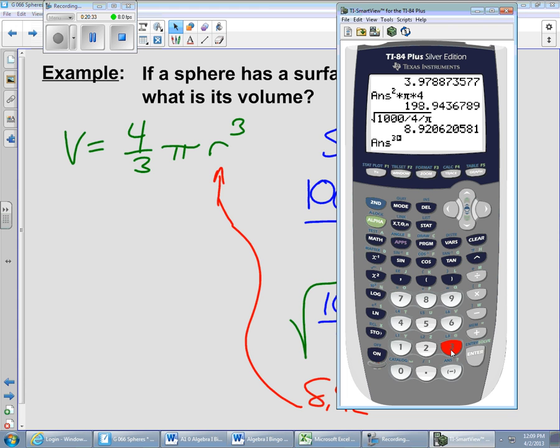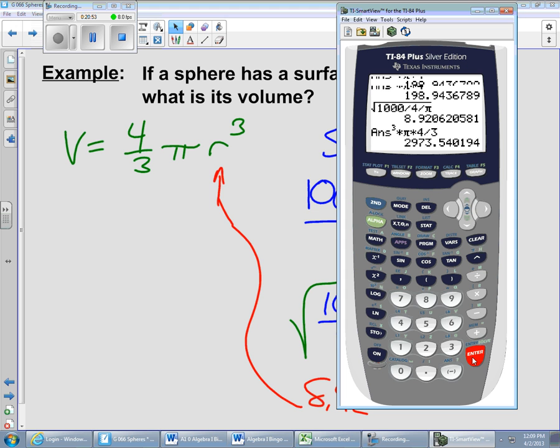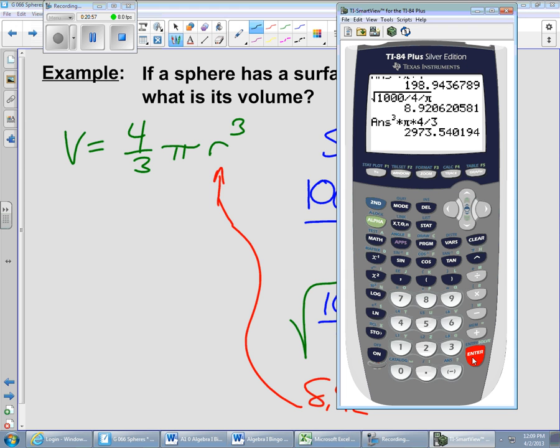Okay, so there's the answer cubed. And what else will that need? It'll need to be multiplied by pi. It'll need to be multiplied by 4, and it'll need to be divided by 3. There's that coefficient, 4/3. So now, assuming we haven't done anything wrong, we ought to get a volume out of this thing, and we get this